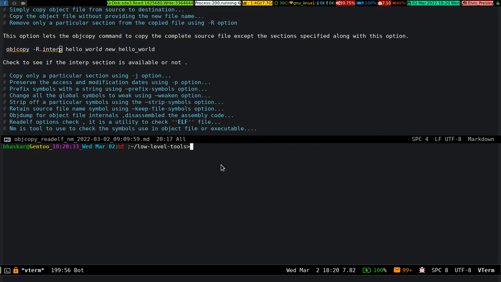So Objcopy -R .interp, and this is the base source file, hello world, and I'm going to copy it without that section to new hello world. Okay, so if I do that, now if I see,